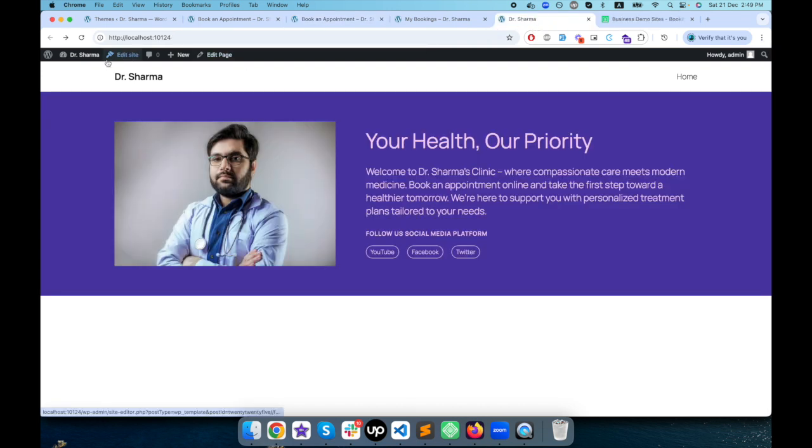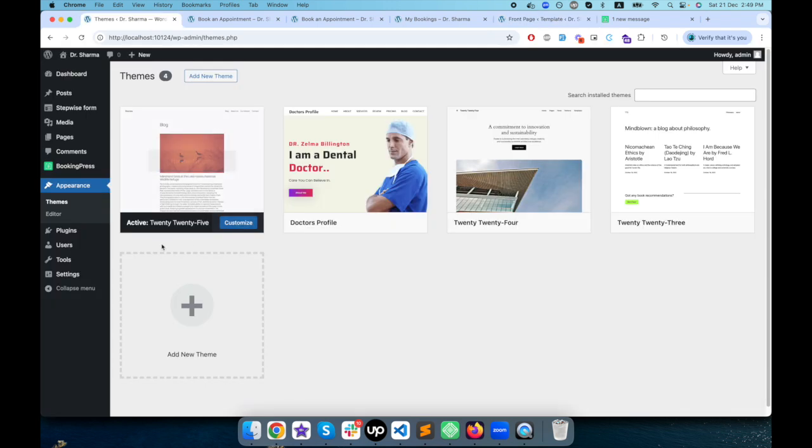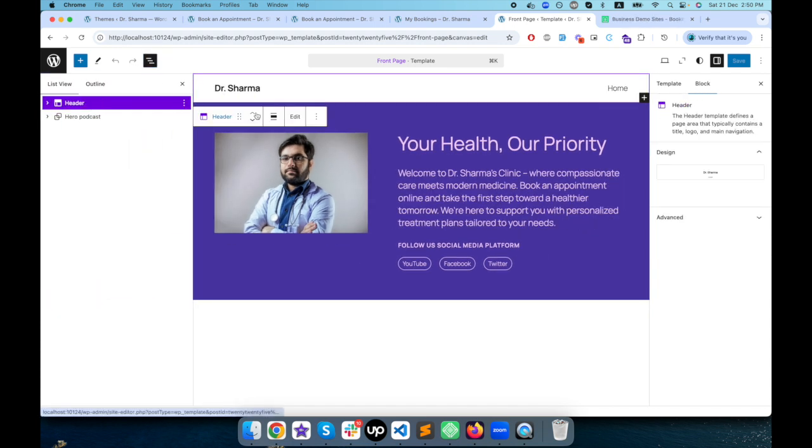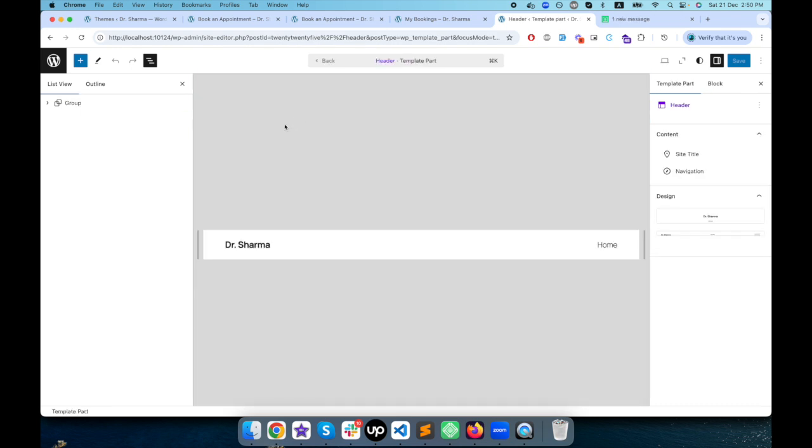So I will click on this edit site button. I'm using the Blog theme 2025, which is the latest theme of WordPress. You might have different themes, so you might have a different layout or a different way to edit the template. But here I'm gonna edit the header part. So I will click on edit,